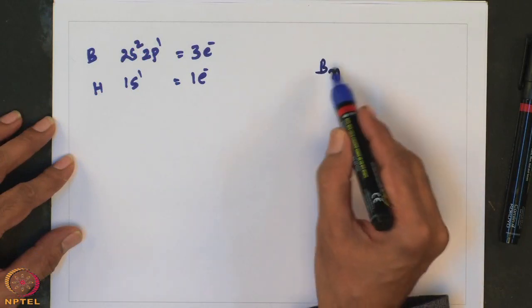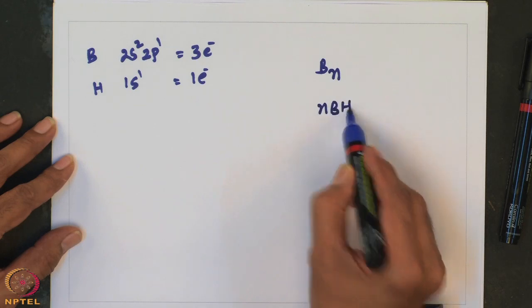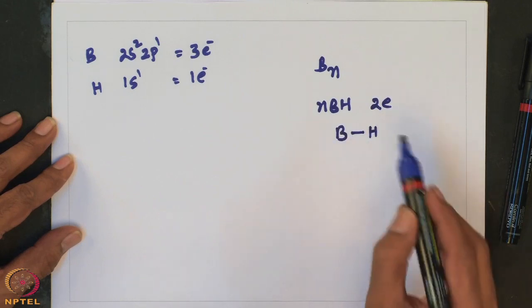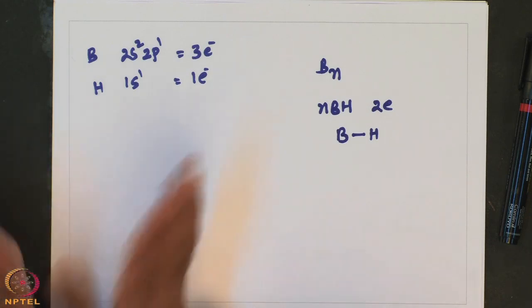For example, in a Bn polyhydride, we will have n terminal BH bonds, and each involves 2 electrons. So, subtract 2 electrons for each BH unit, or CH unit if it is a carborane. The remaining electrons, if you divide by 2, give a number that is called SEP,